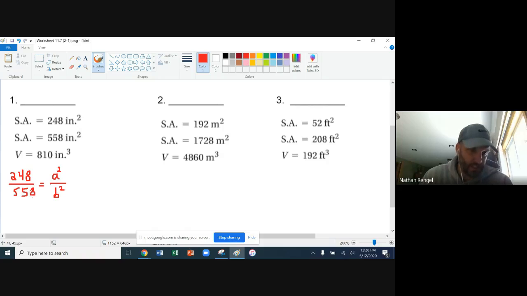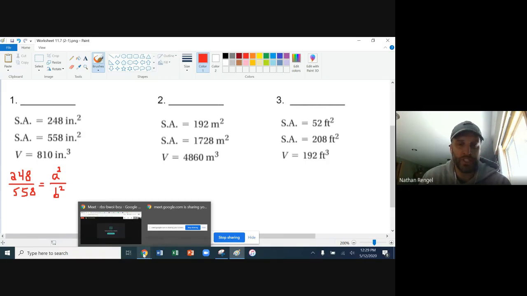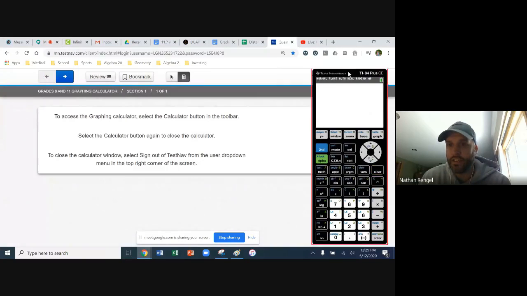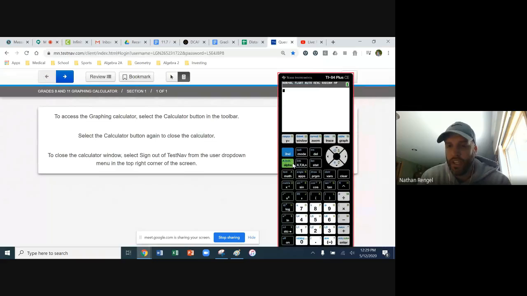Now 248 and 558 are not going to be square rootable, so we need to take the square root of those. But a little trick on your calculator: if you open up the fraction button, which is alpha y equals, and then you make a fraction, you can type in 248 over 558 and it will simplify that fraction down for you. So that ends up being 4/9. So let's just head back and look at the problem. So that means that our